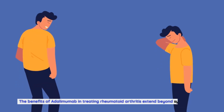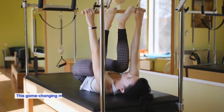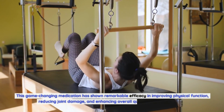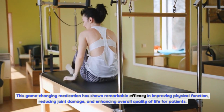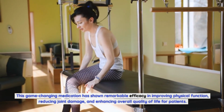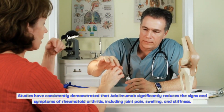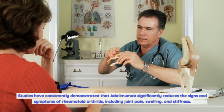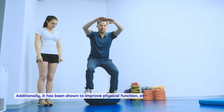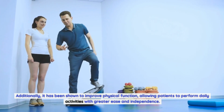Benefits and effectiveness of Adalimumab. The benefits of Adalimumab in treating rheumatoid arthritis extend beyond symptom relief. This game-changing medication has shown remarkable efficacy in improving physical function, reducing joint damage, and enhancing overall quality of life for patients. Studies have consistently demonstrated that Adalimumab significantly reduces the signs and symptoms of rheumatoid arthritis, including joint pain, swelling, and stiffness. Additionally, it has been shown to improve physical function, allowing patients to perform daily activities with greater